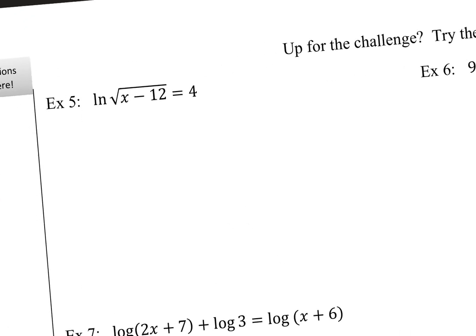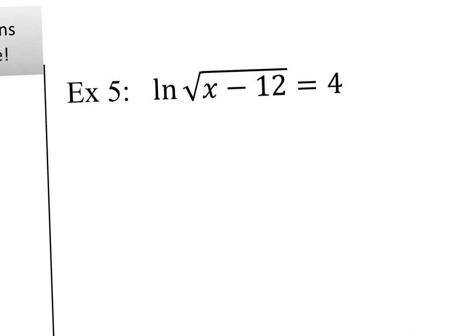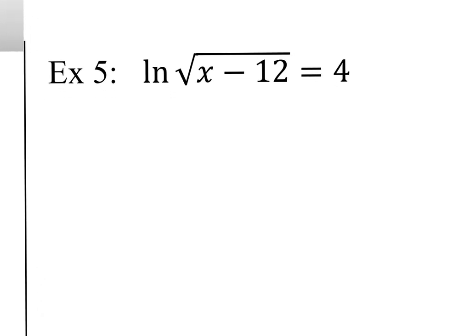Okay, so I'm going to go over each one of these one at a time and show you my way of doing it. There might be another way to do it. I try to avoid using a calculator just so I can practice my skills. If you're allowed to use a calculator, go ahead, just do this as y1, do this as y2, and you'll probably have a solution really quickly. But let's say you couldn't have a calculator on this for some reason. So let's think about how we could rewrite this. Well, I remember that the square root is really a 1/2 exponent, and I can put exponents out front. So I'm going to rewrite this